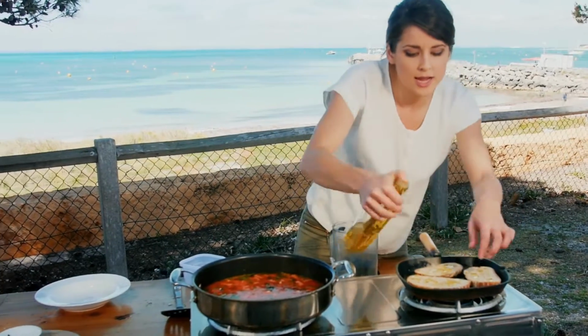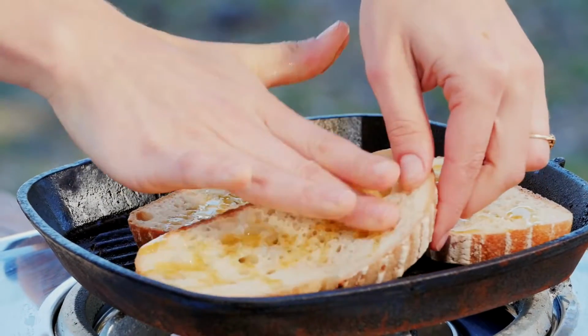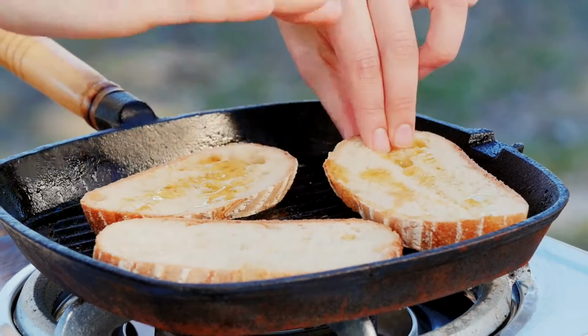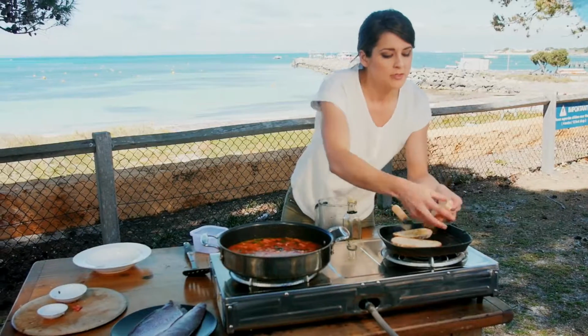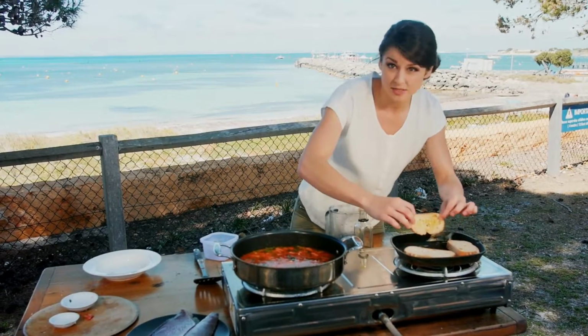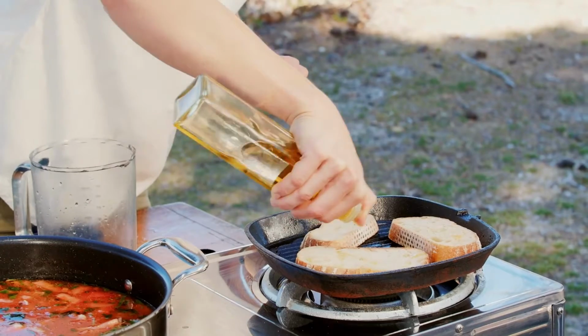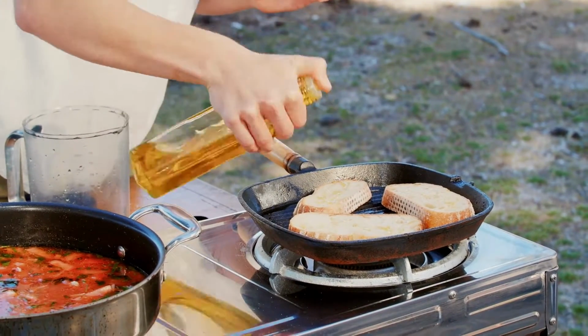We've just got our bread in a cast iron grill, so we get a nice smoky flavour in this. A little bit of olive oil over the top. This just helps encourage a little bit of char and keeps some moisture in the bread at the same time. Remember, this is an Italian recipe, so when you say a little bit of olive oil, generally mean a lot